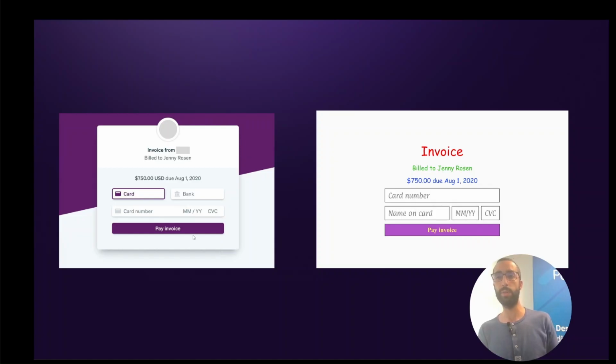Let's say that this one takes you 2 minutes to accomplish. When you click on pay invoice, it takes 2 minutes of loading, but this one takes 2 seconds. Which one will you prefer? It is highly probable that you will choose this one, even though it has a bad UI, because